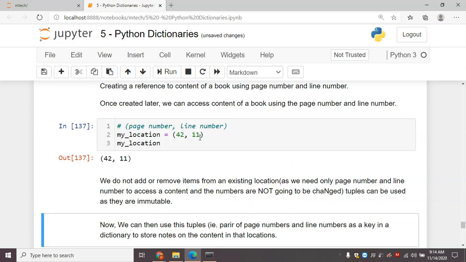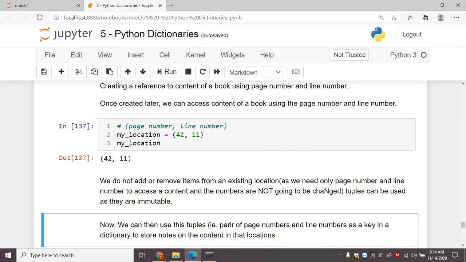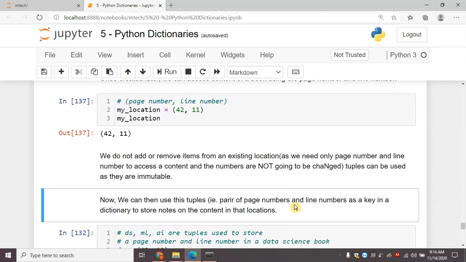For example, this 42 and 11 is not going to be updated or changed because we need only page number and line number to access a content, and these numbers are not going to be changed. So tuples can be used here as they are immutable.